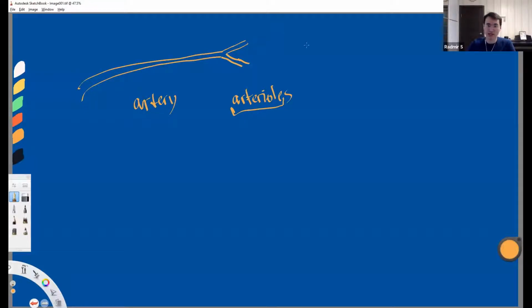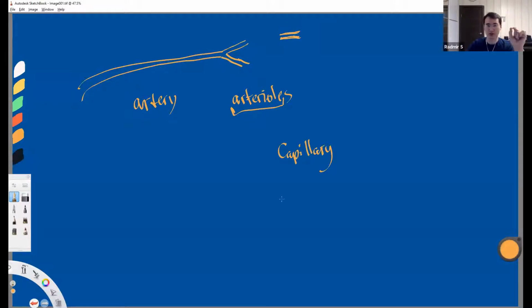Finally, they are left with only one layer of the blood vessel wall, and this is the capillary. In the capillary vessel wall, we have only one layer of cells, and these cells are